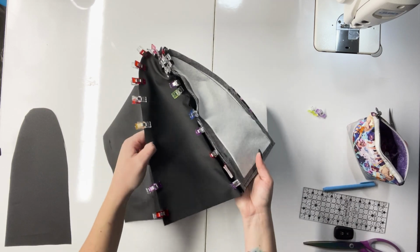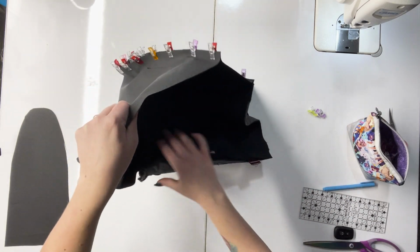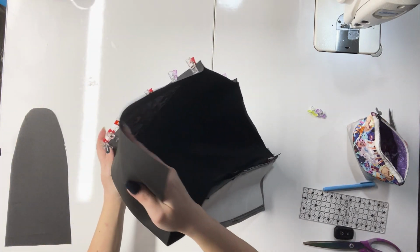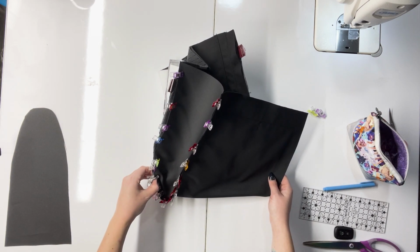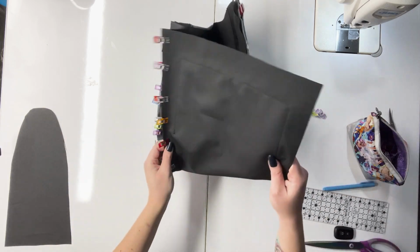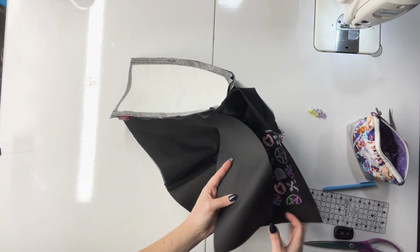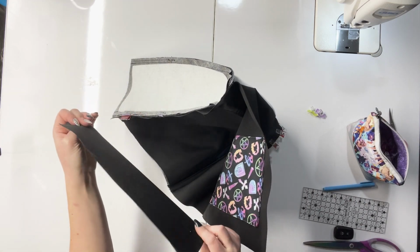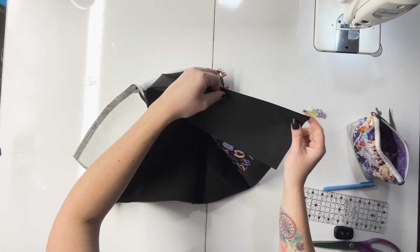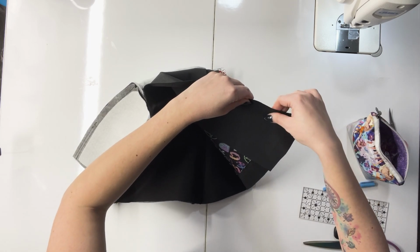All right, once you have that clipped, the lining is definitely harder to clip than the exterior, so keep that in mind when going through and clipping these. Then, once you have that clipped to the best of your ability, it is a lining, so it's fine if there's a little pleats or something here and there. We're going to do the same to the other side, where we're going to take our side panel, right sides together with our lining back panel, clip up along the side,